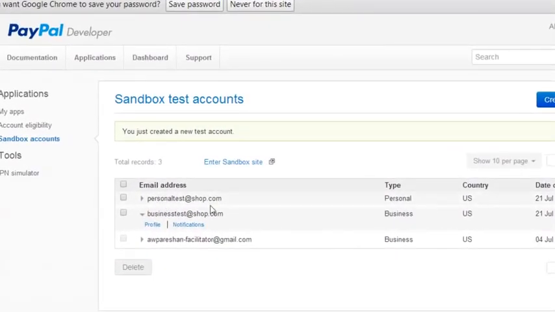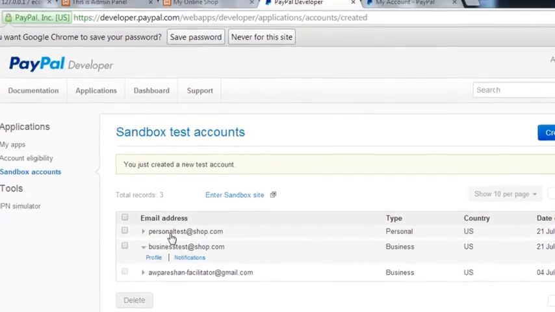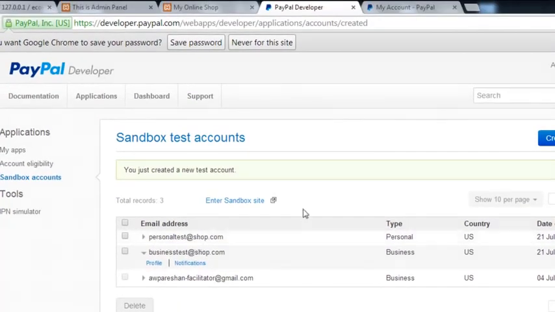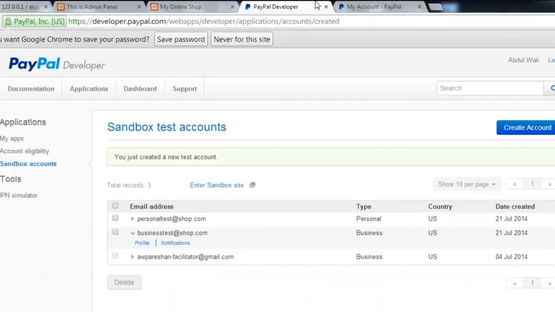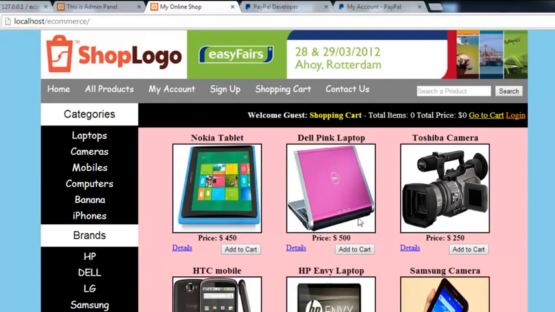Two accounts, one personal and one business. In one we can receive the payments from people, and from the other we will simply buy the products to test whether it's working or not. But in order to process the payment on our website here, we need to actually add the PayPal